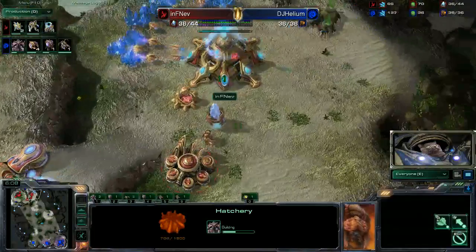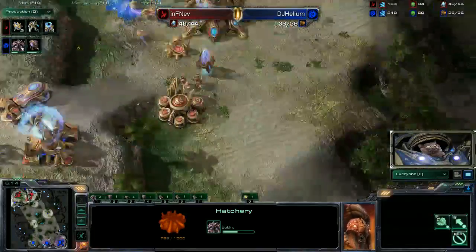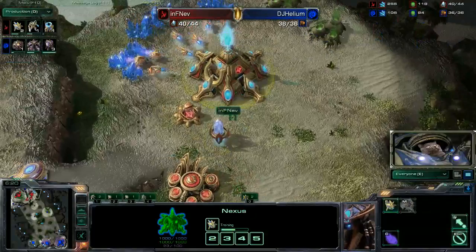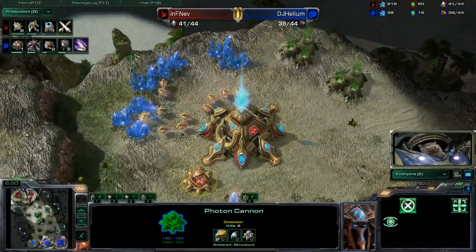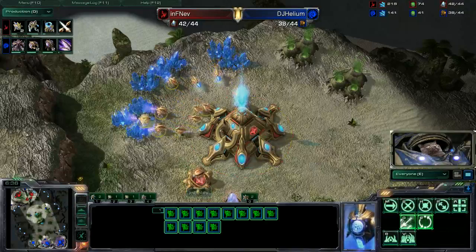The Baneling bust can be incredibly effective, especially with a wall off of this style where you don't really wall off the entire ramp with the pylon placement. That makes it pretty much impossible, but you incorporate the nexus into your wall off, and with a single sentry and a single zealot you can actually defend this really handily, especially if you have the micro skills of someone you'd expect who is in Masters. That the Masters can